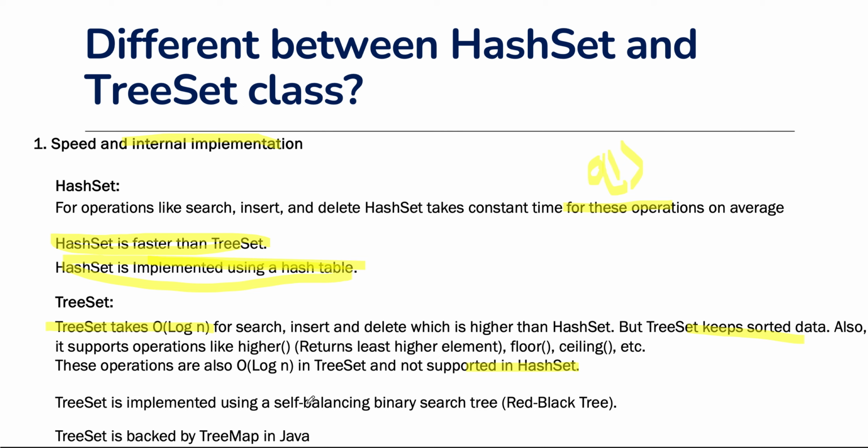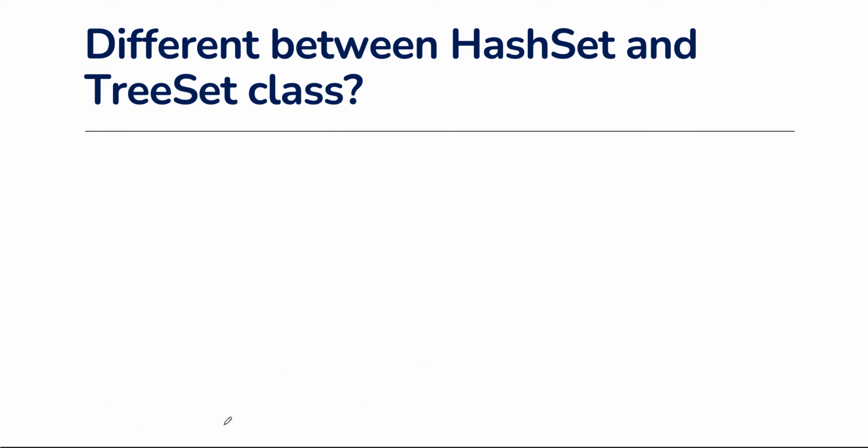And next thing is tree set is backed by the tree map, similar to how hash set is backed by the hash map. Backed in the sense that internally it uses the tree map, which maintains key and value pairs, where it is going to maintain unique records, and also since it is a tree, it is going to use a balancing tree, and using that it is going to sort the elements in ascending order by default. But it also provides one of the constructors, that's what we have seen in our previous video, using which we will be able to insert the elements in descending order also. Okay. Next difference is ordering.